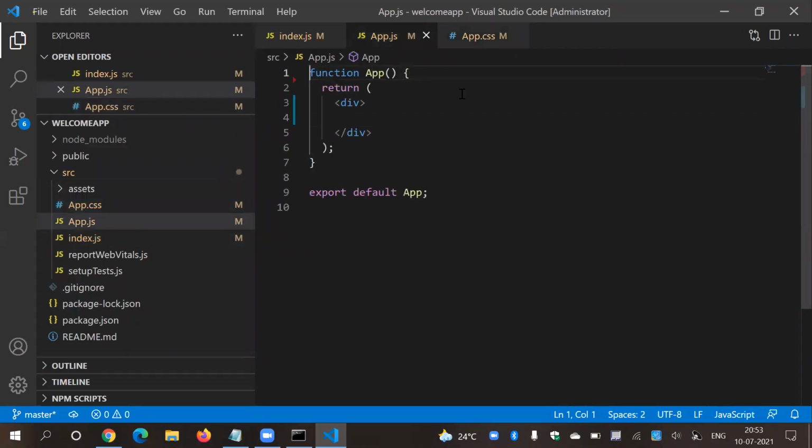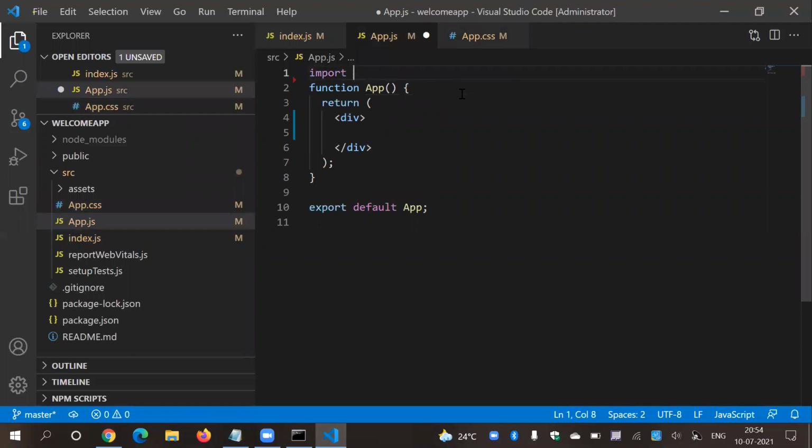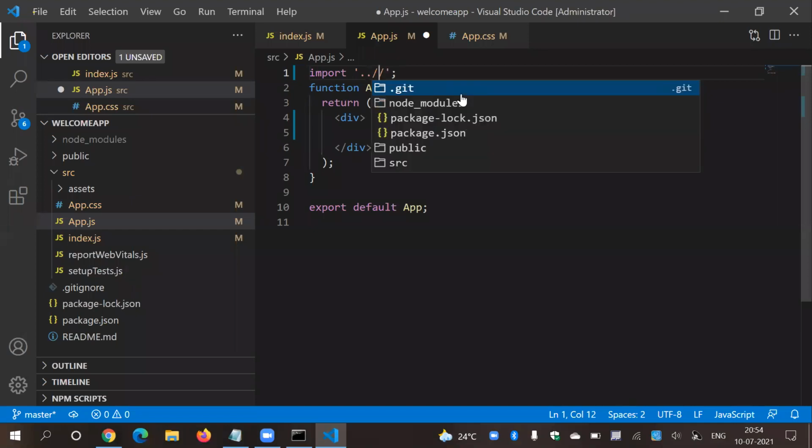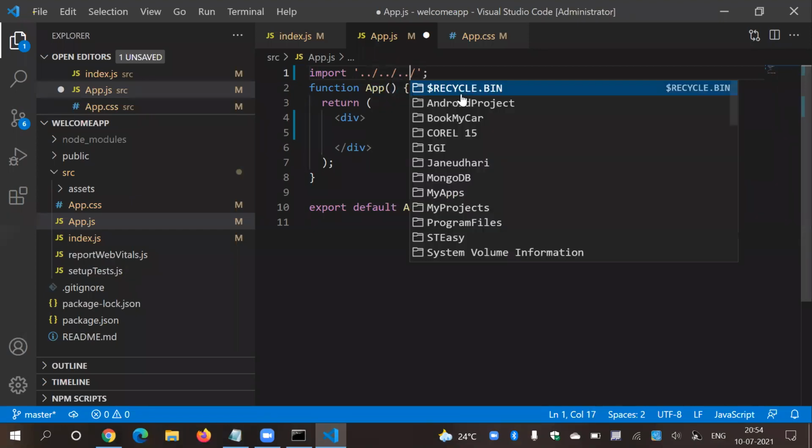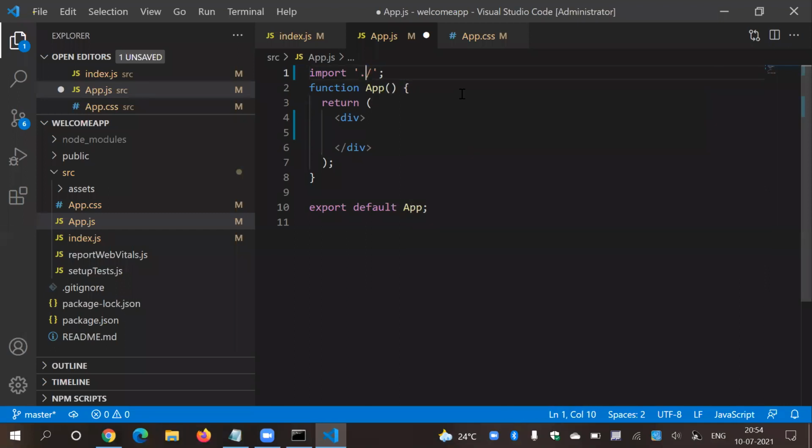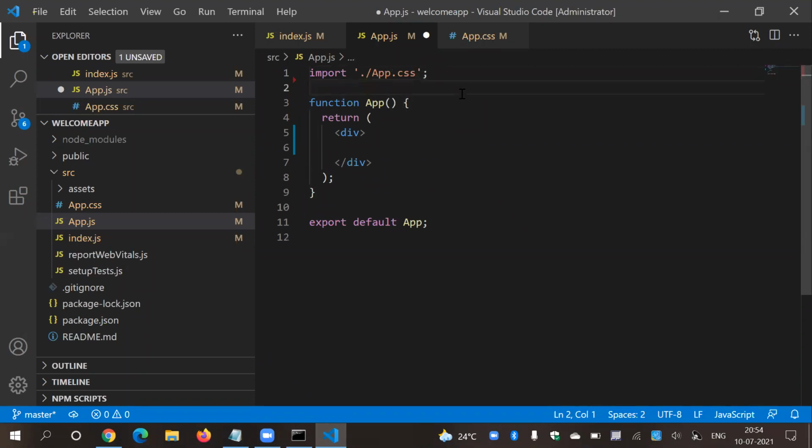We can do this. So for that, say import in file: dot means current directory, double dot means parent directory, one more double dot means another parent directory, quite easy. So let's say current directory, and in that I want the app.css file. Simple. Just import it and leave it as it is. So here is my app.